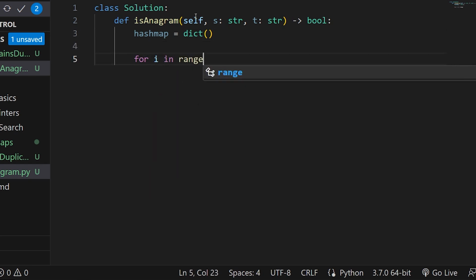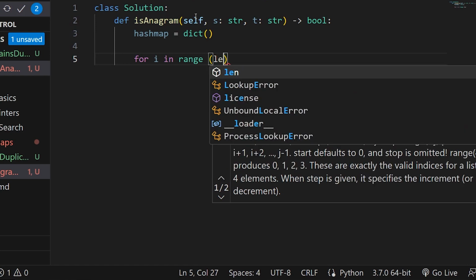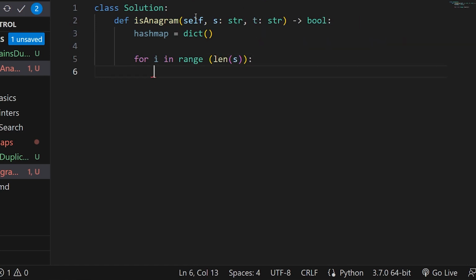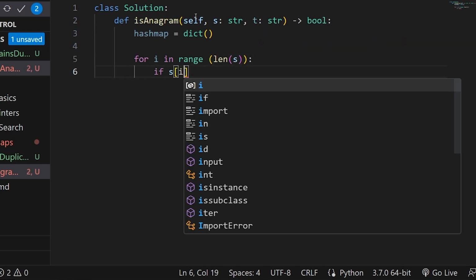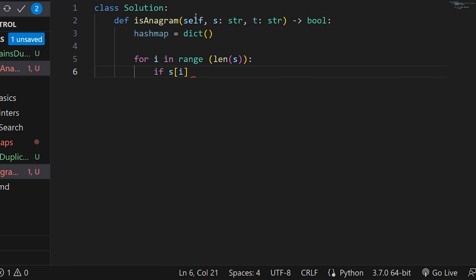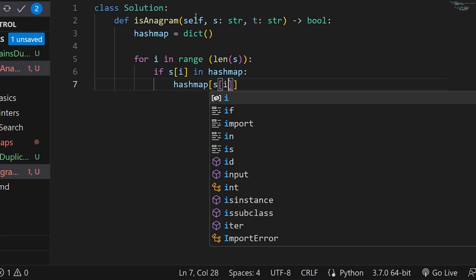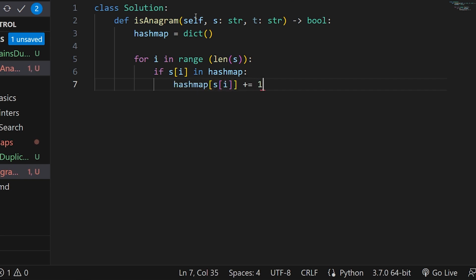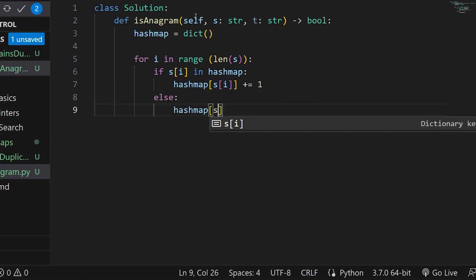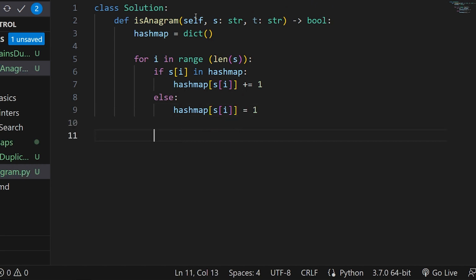So for i in the range of the length of the string 1, which is s, if the character of the string is in the hash map, I'll say hash map for the string of i, increase the count, else I'm going to add that particular character with respect to 1.